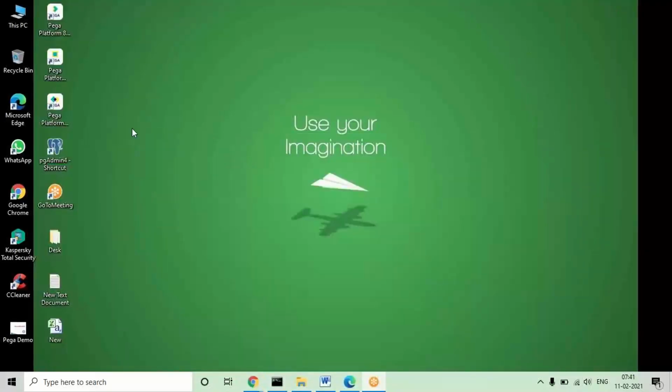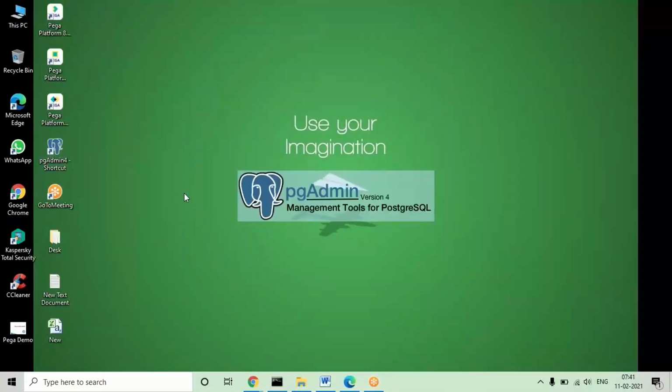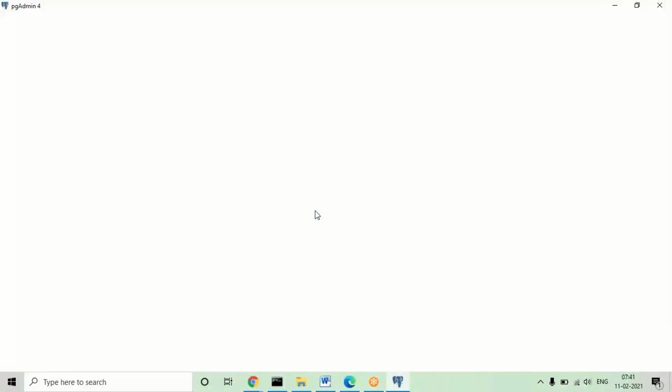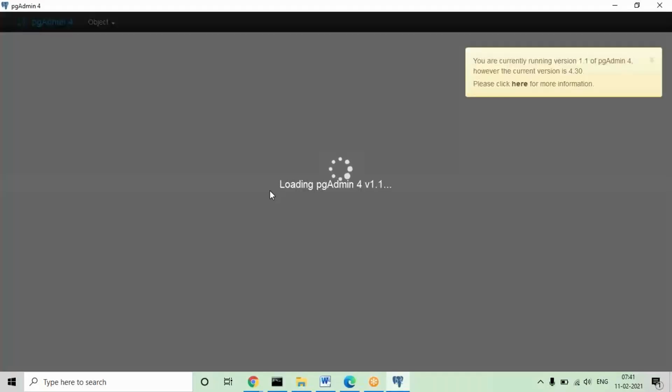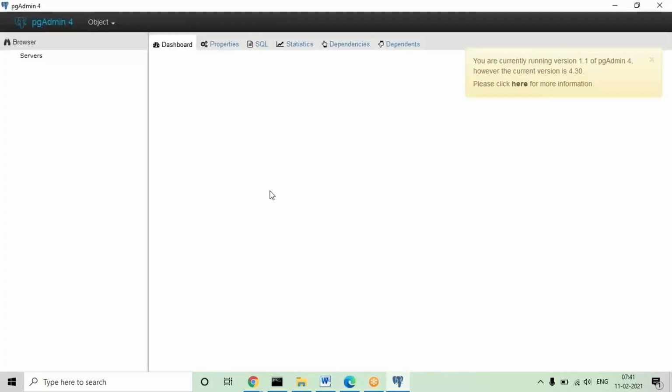So the data whatever I submitted will be permanently stored in the rule base. If you want to open the rule base, as I told you after installation, just open pgAdmin4 and add a localhost connection. If anybody missed that, refer to the installation video, the steps are there. So I'm going to open the pgAdmin4 icon, and after I open this, I have to go to the path. Under the databases some settings are there, I'll go to that setting.